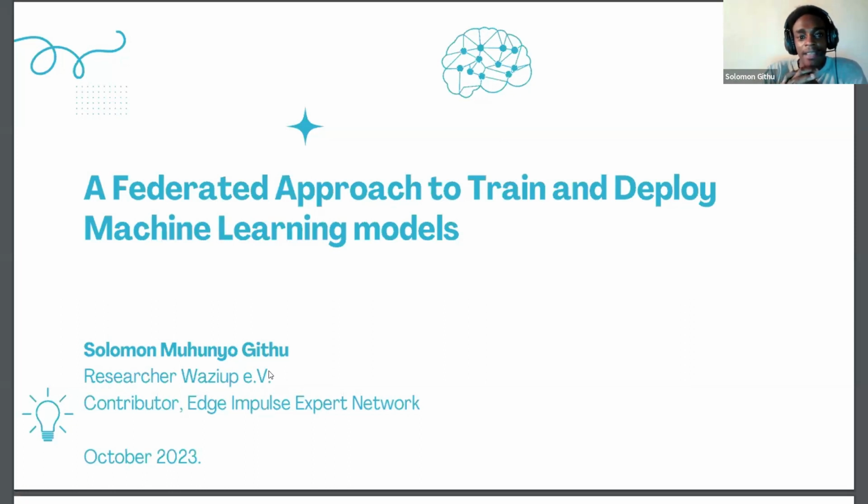I started machine learning some few years back. I used the Edge Impulse platform and some open source platforms to learn how to do it. It's a very complicated field, but with these AutoML tools, it makes things easier. And so one of the things that I realized is that there is a limitation when it comes to the centralized machine learning that we do.